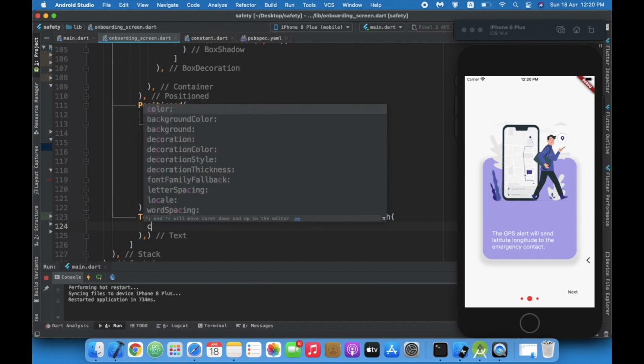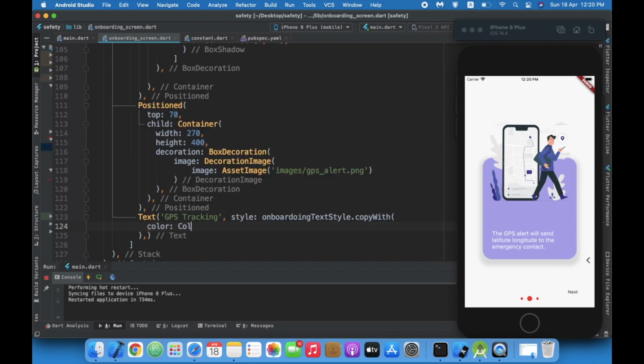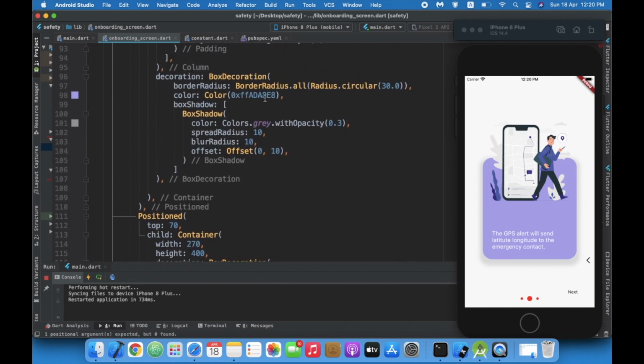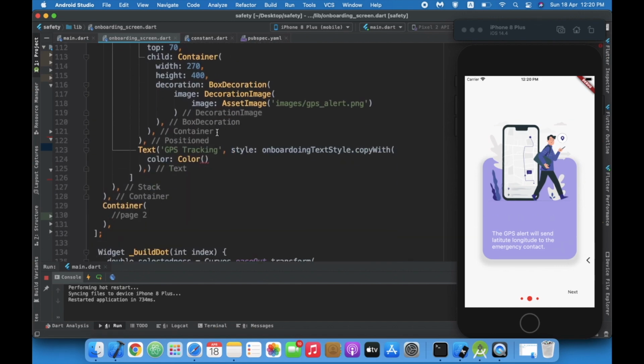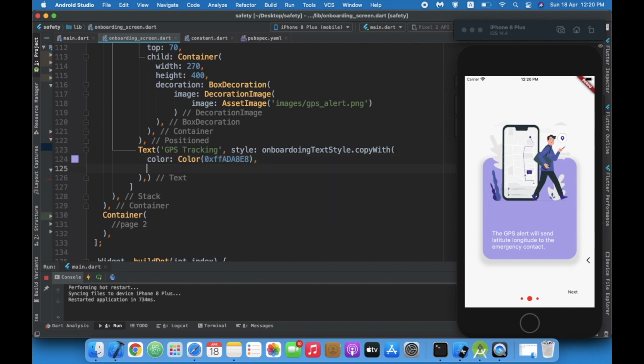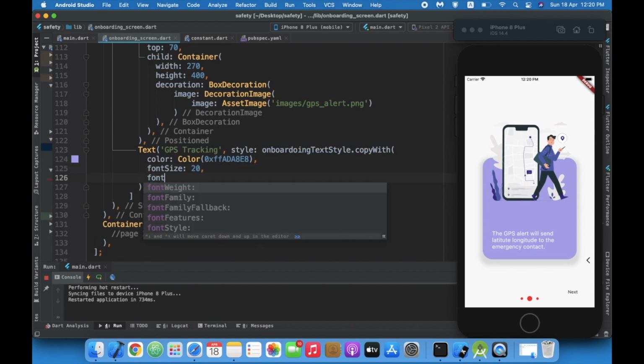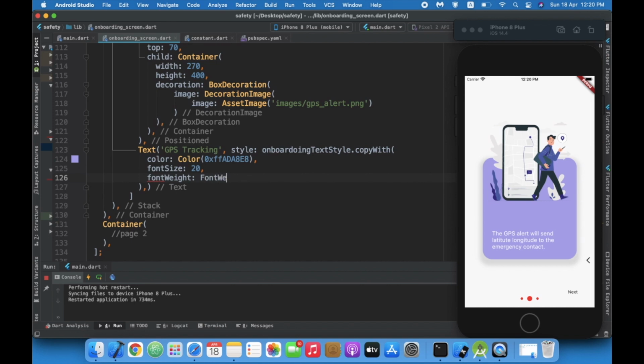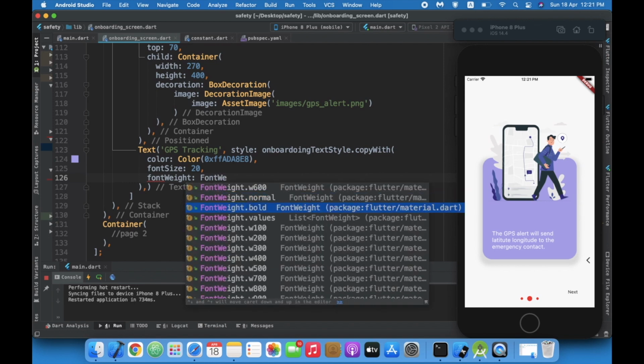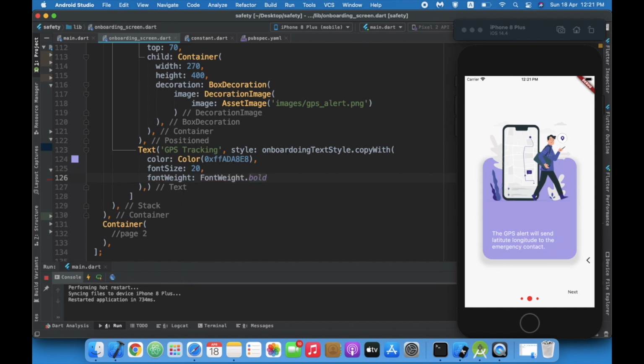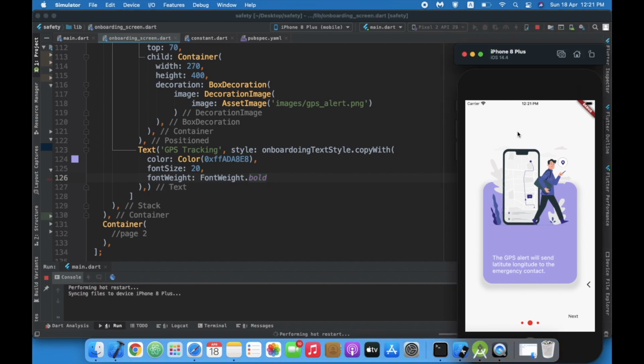Copy with color, and I'm going to take this color over here, size 20, font weight dot bold. And if we hit play button,